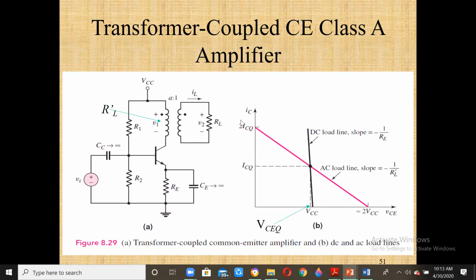And then you have here, correspondingly, the AC load line, which will correspond on one side to approximately 2 VCC, and on the current side to 2 ICQ for the AC load line. Whereas the DC load line will almost touch what is known as VCEQ equal to VCC, and it will be almost a perpendicular line to the one we have over here. Under those conditions, what will be the efficiencies? That is what we will try to find.